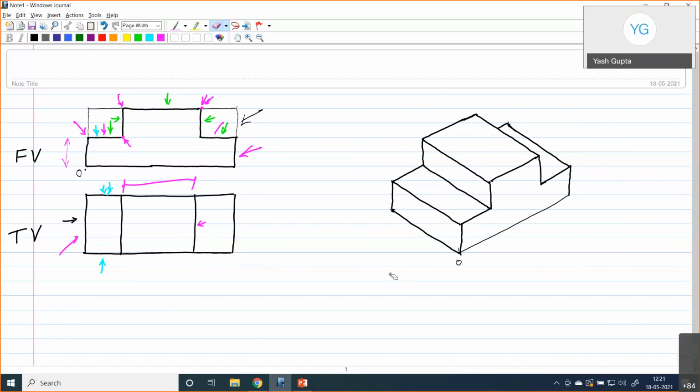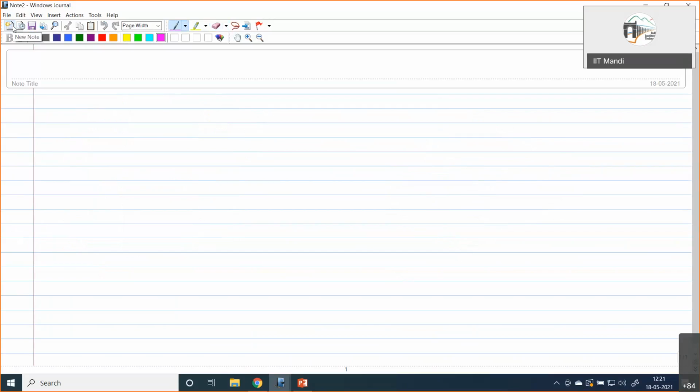So I'll just draw one more diagram, and then we'll have a look at one or two examples on the slide. Yeah, so now we had the case of a front view and top view. Now I'll draw a front view and a side view. Again, two views are sufficient to draw this. So that kind of diagram I am choosing.